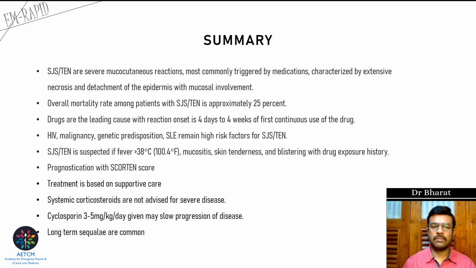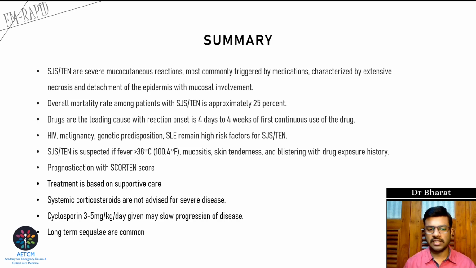In summary, SJS or TEN are severe mucocutaneous reactions, most commonly triggered by medications, characterized by extensive necrosis and detachment of the epidermis with mucosal involvement. The overall mortality rate among patients with SJS/TEN is approximately 25%. Drugs are the leading cause, with onset of reaction within 4 days to 4 weeks from the first continuous use of the drug. HIV patients, active malignancy patients, and genetic predisposition with HLA types and SLE remain high risk factors